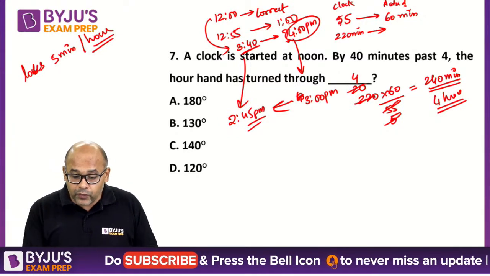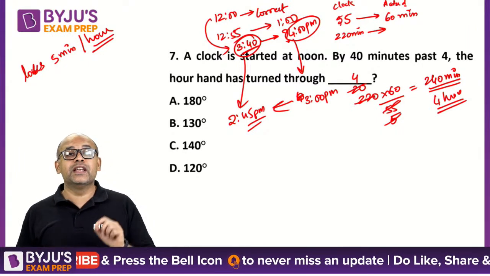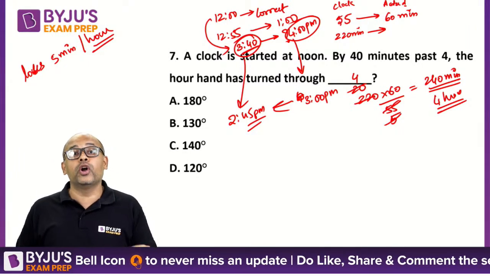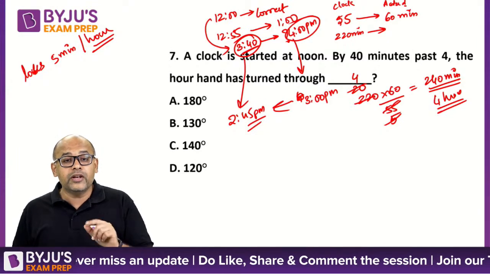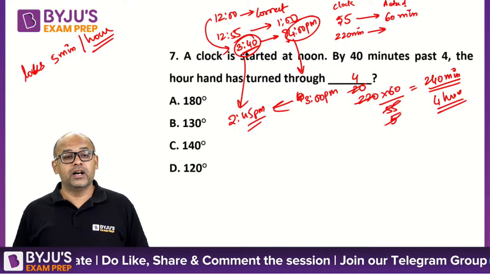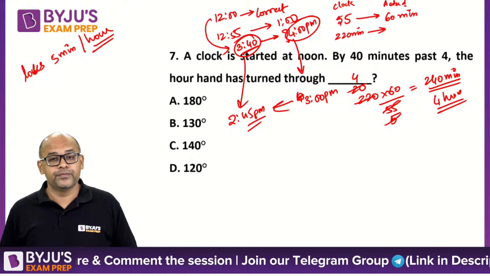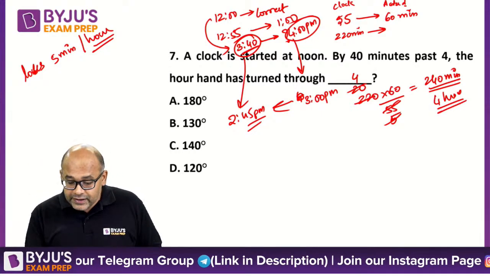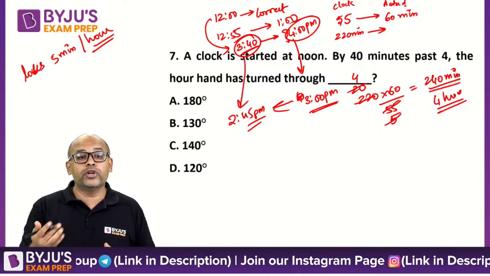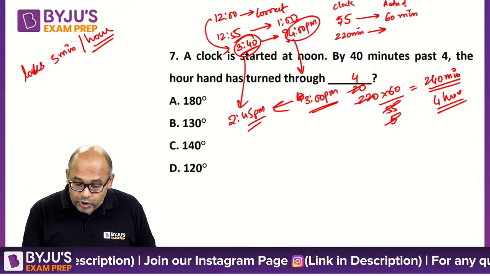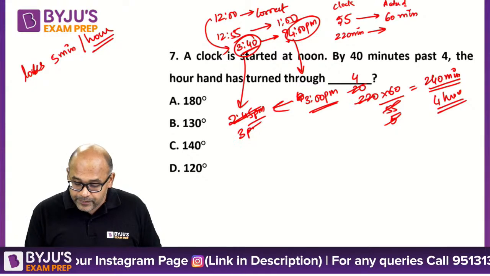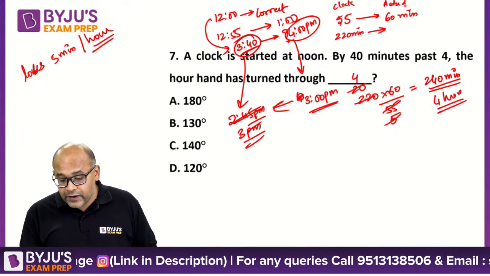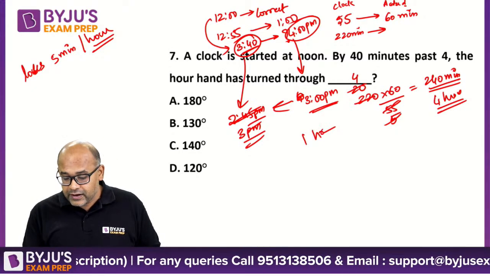But here what I gave is 3:40, which was given to you in the clock, not outside. Then your calculation will not be correct, Vicky. You understood? So you should understand which time I am giving. If I say 3 p.m. in the actual clock, then what you're doing is correct. But if I say 3 p.m. is shown here, then you cannot say for 1 hour it is 5 minutes.